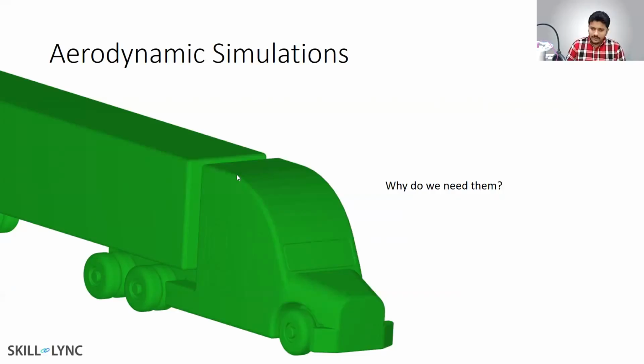So for example, this right here is what you call a NASA generic conventional model truck. So let me just put some arrows here. Just give me a second. So for example, this right here,